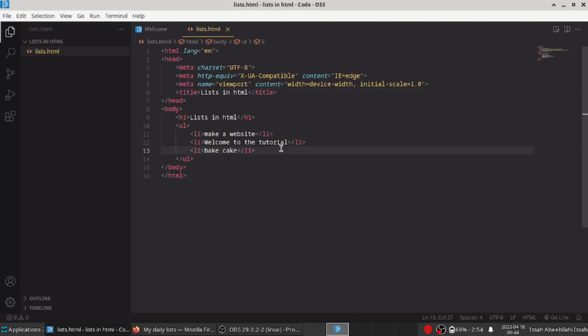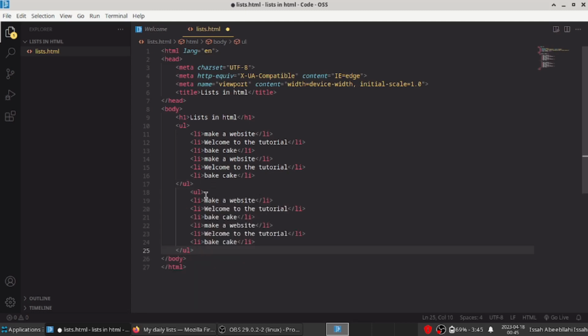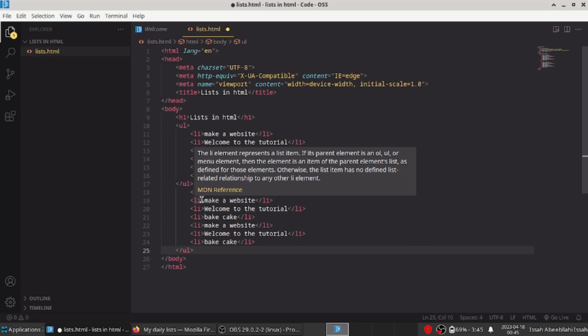So now we're just going to make more by copying all of these and then we will paste them on the other line and also delete these. So we can copy the whole list and paste it again, but this time we're going to change these to